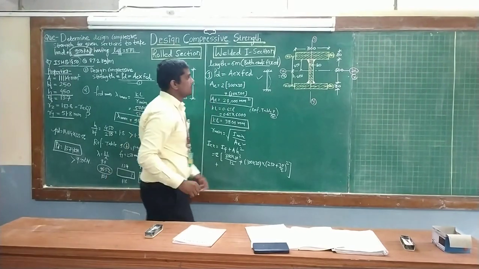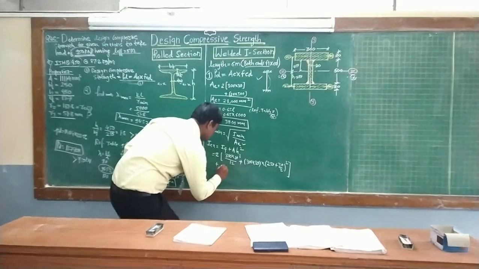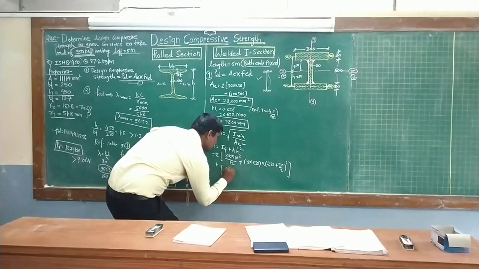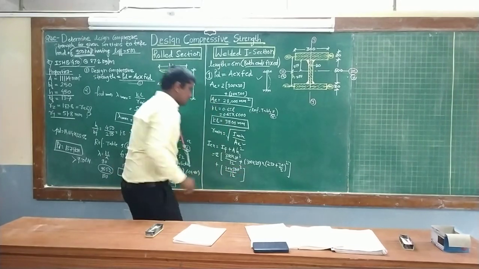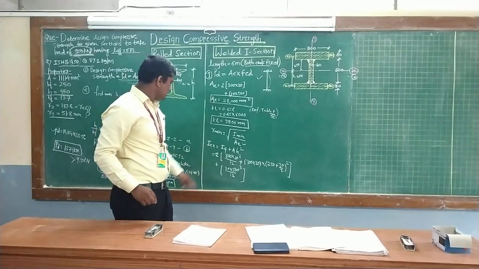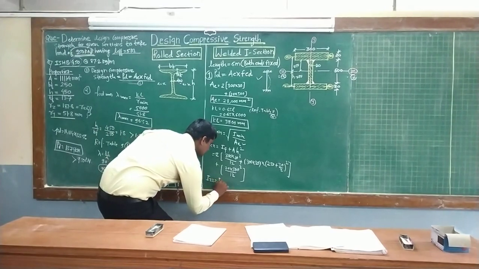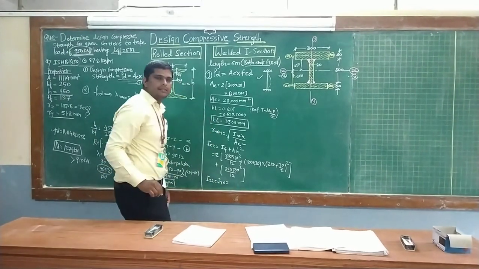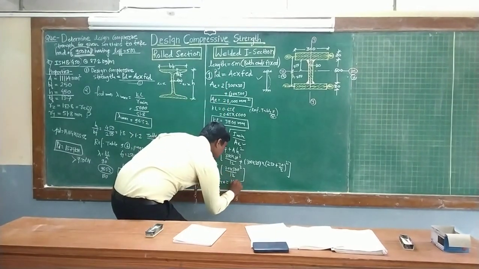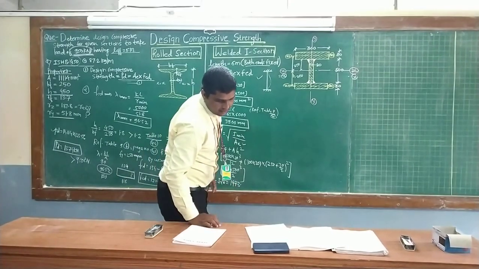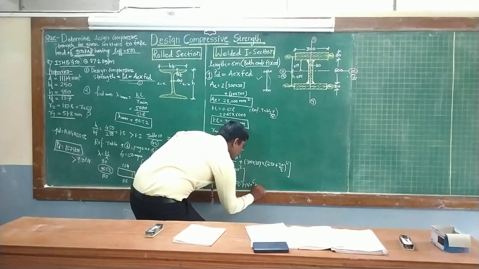Then plus here the width of web is 20 mm and depth is 500 mm. Here B is 20 into 500 cube divided by 12. Bracket complete. So this Iz, moment of inertia about z axis or moment of inertia about x axis, the answer will be 1473.73 into 10 to the power 6 mm raised to 4.